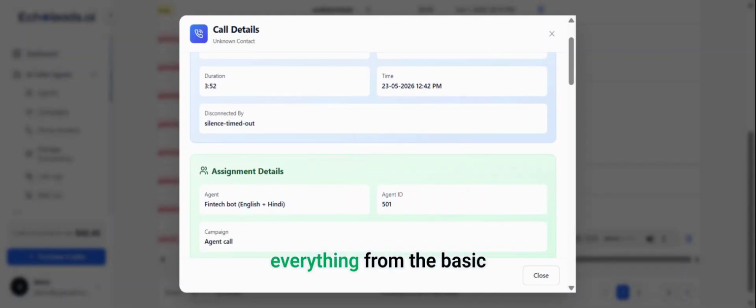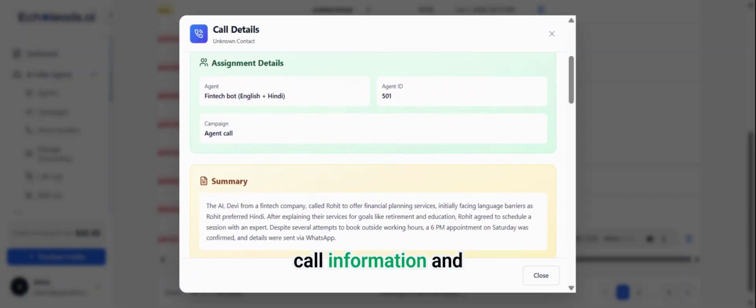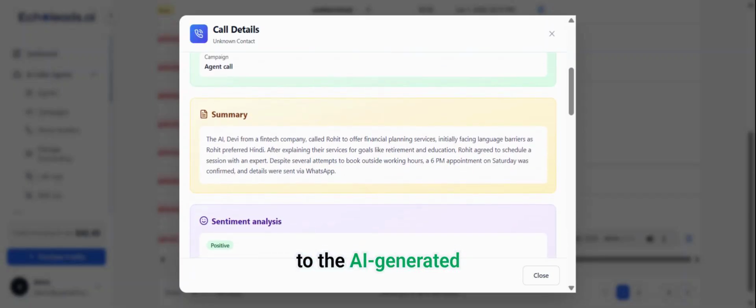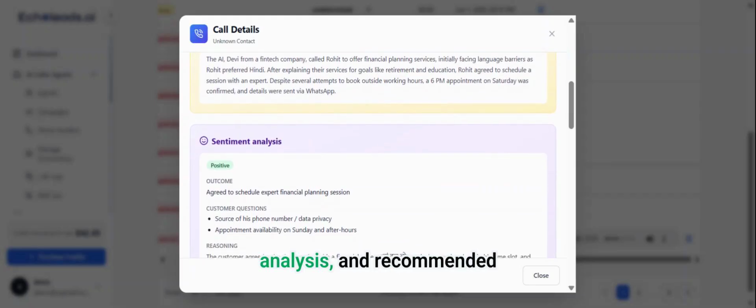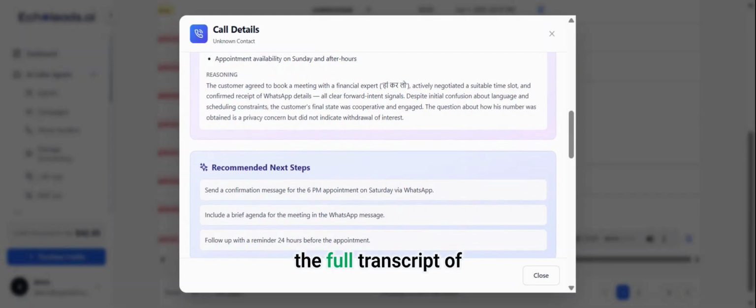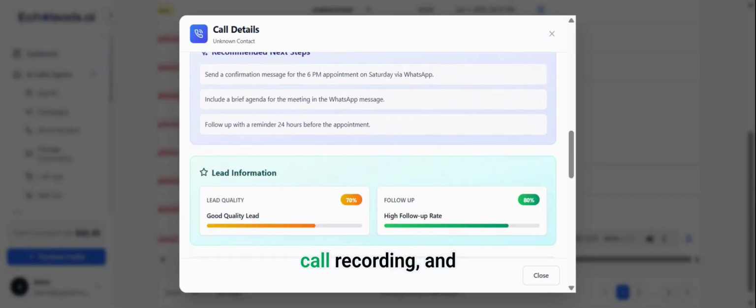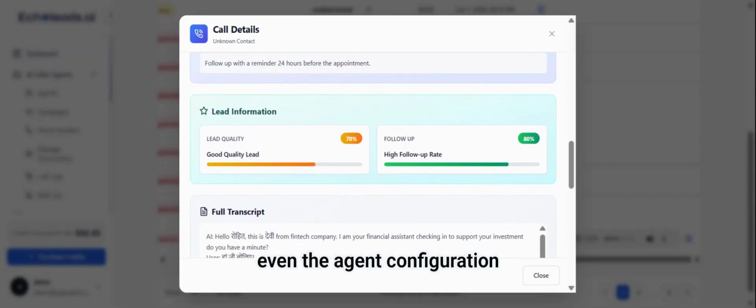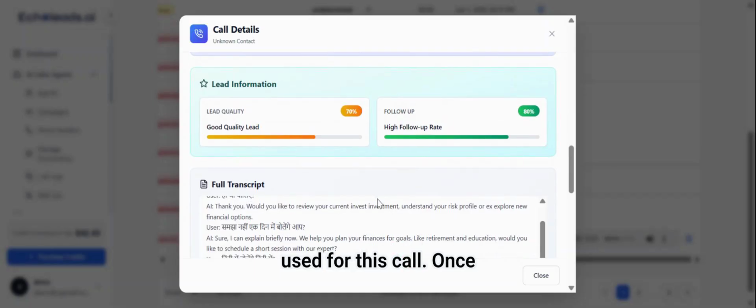Scroll through to review everything from the basic call information and assignment details to the AI-generated summary, sentiment analysis, and recommended next steps. You'll also find lead information, the full transcript of the conversation, the call recording, and even the agent configuration used for this call.